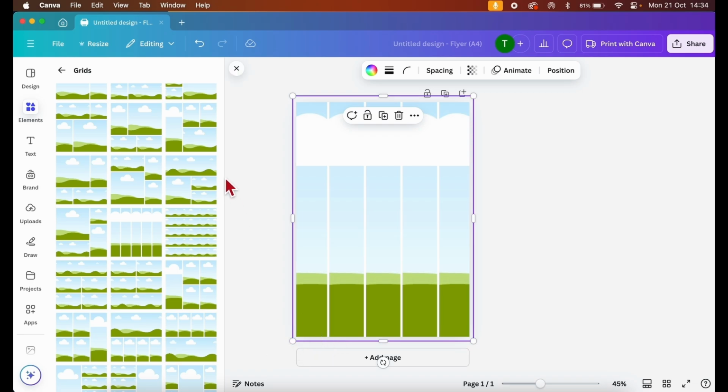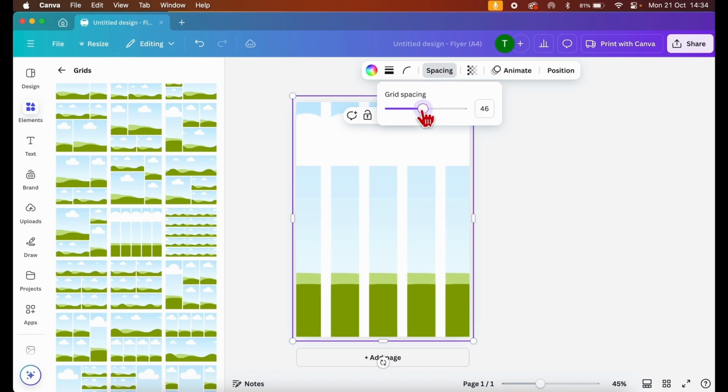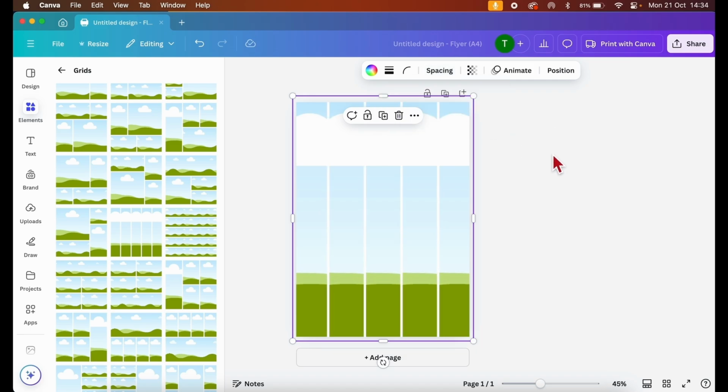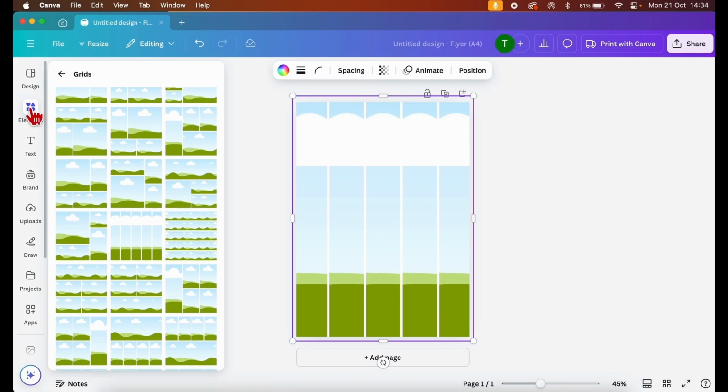So I'm going to go and find some pictures and bring them in. But just before I do that, there's actually sort of gaps between the individual columns. Now that might look really good, or I might not want it. If you click on spacing, you can change the size of those. They're normally called gutters, the shapes between them. Now, I'm going to just leave them like that for now. If you want to change them, by all means do so. But I'm going to go to my Elements,